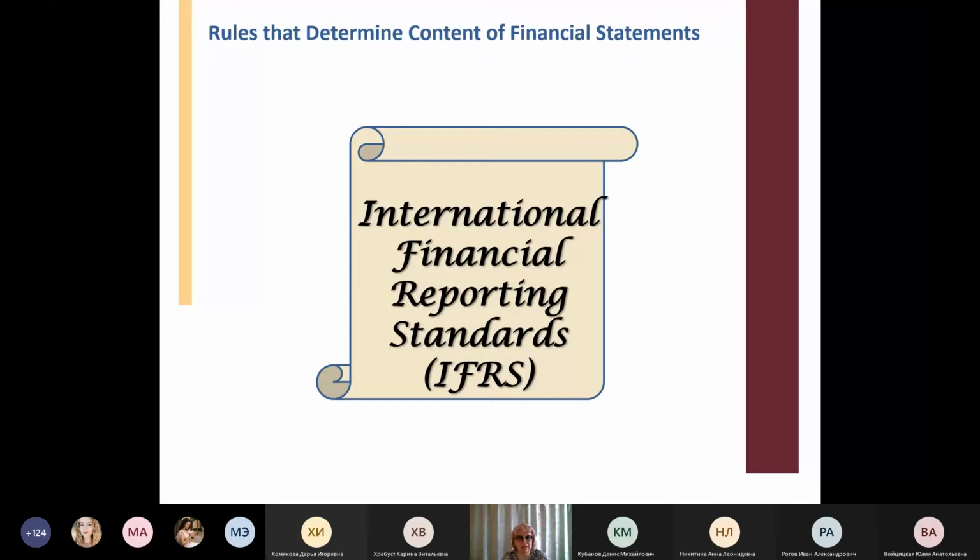It could be different titles, but of course we should distinguish between national accounting standards and international accounting standards. For example, in the Russian Federation, we have national accounting standards. These are a set of documents written in Russian, and these standards regulate accounting procedures in our country. But if we would like to operate on an international global level, participate in listing activities, or attract foreign